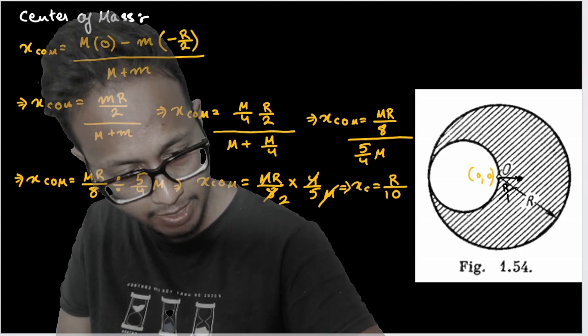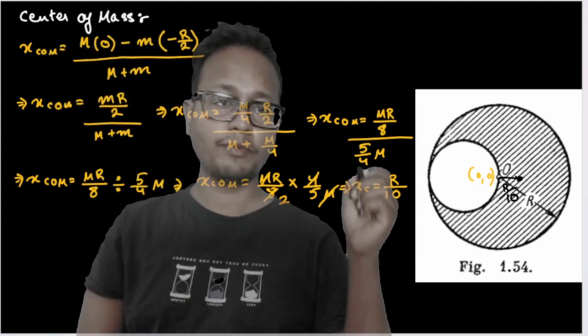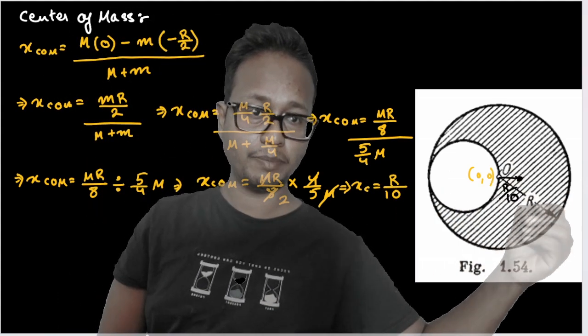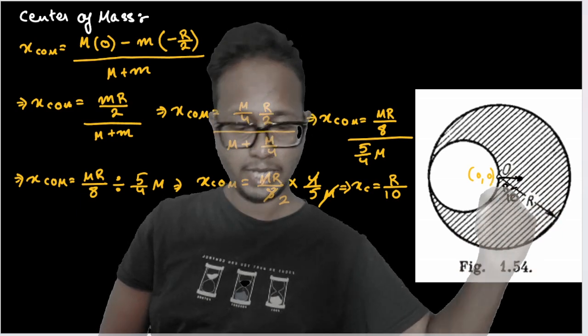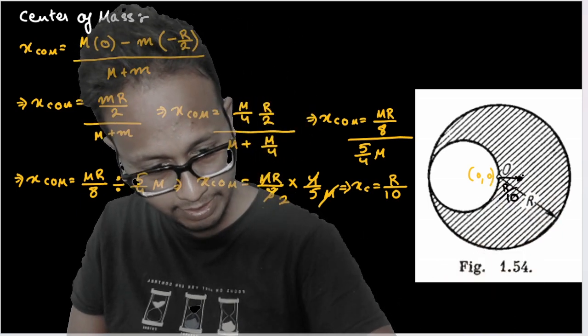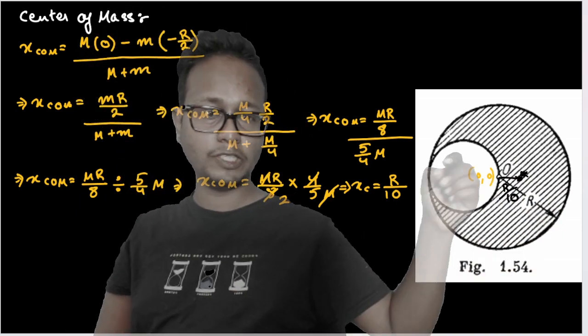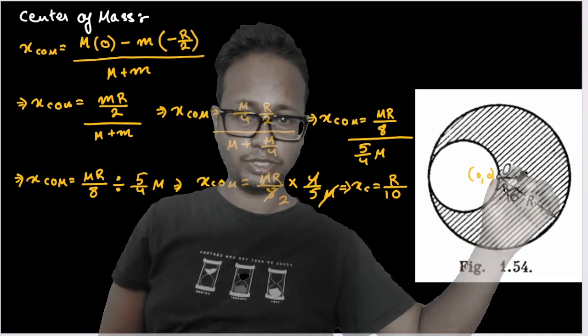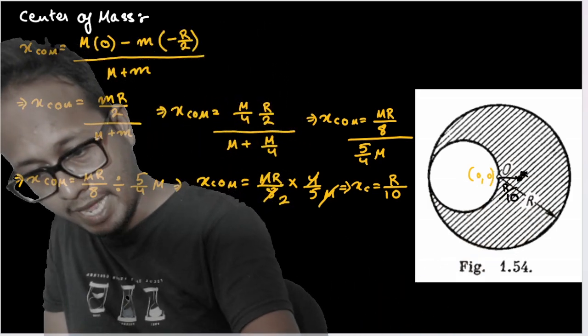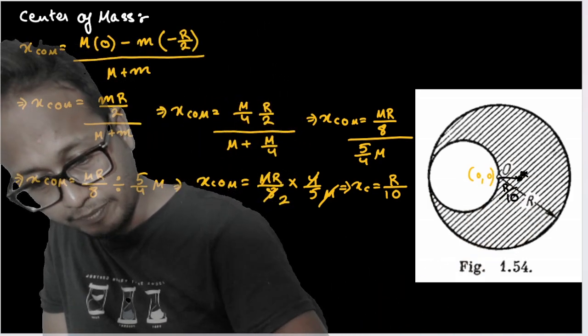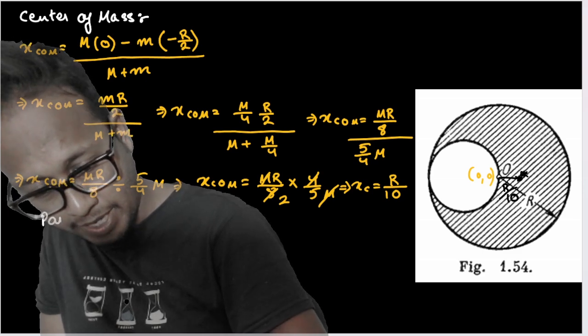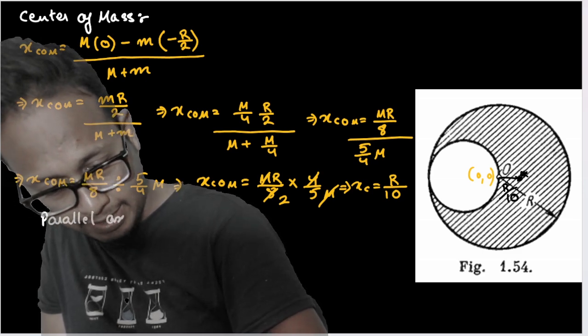And we have to find the moment of inertia of the entire shaded part about this new point. Let's name this point star. That means my axis is passing through star. So can I apply the parallel axis theorem out here? What I'm trying to say is, if I apply the parallel axis theorem,